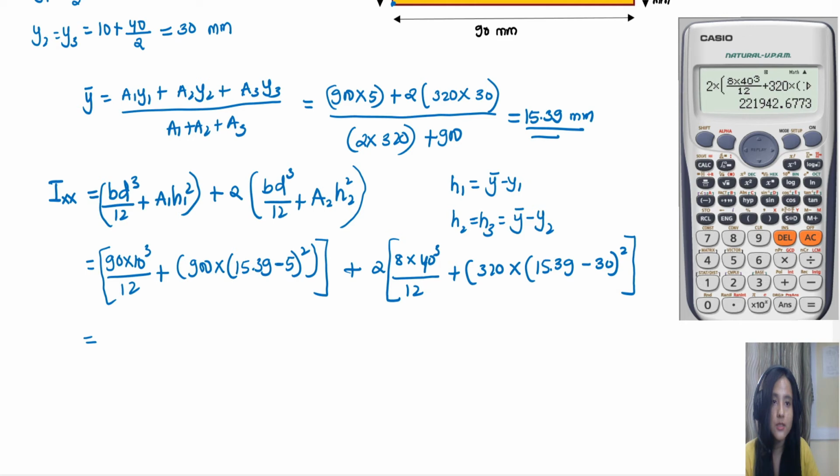So I'm getting this, and this is coming equal to 221.94. So let me add this plus